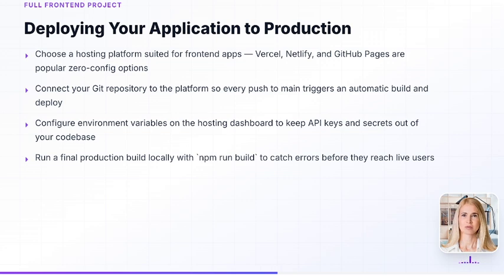Deploying a front-end application is the final step that puts your work in front of real users, and modern platforms make it remarkably straightforward. By connecting your repository to a service like Vercel or Netlify, you get automatic deployments, HTTPS, and a global CDN with almost no manual configuration. Always verify your production build succeeds locally first, and make sure sensitive credentials live in environment variables rather than committed